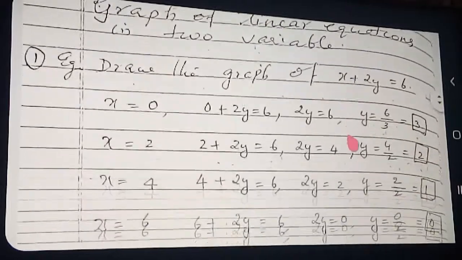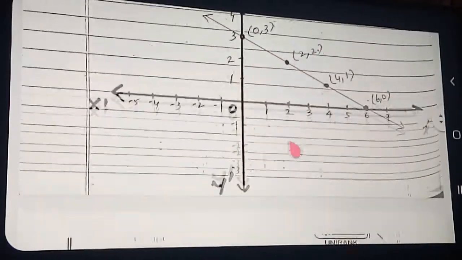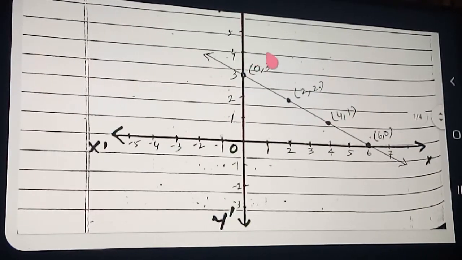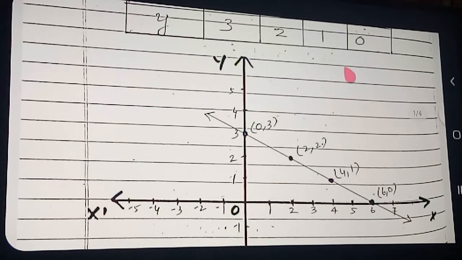Actually this is the graph of ax plus by plus c equal to 0. Ax plus by plus c is equal to 0. Are you clear now about graph drawing? And here we have to draw the scale. Which scale you use there, that we will show tomorrow. Okay, this is only for your understanding that I drew and showed you.